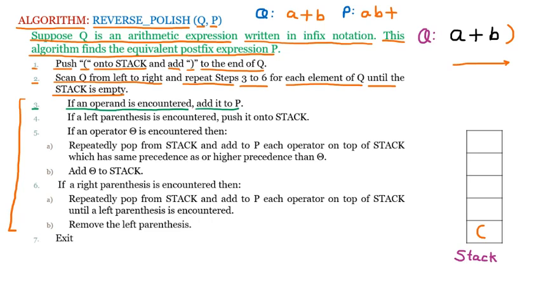So what is P? P is the postfix expression. Supposedly I am writing P here, that means my result of the postfix expression will come here. We are going to scan one by one, and whenever the postfix expression is made, it will be taken to this P. Now line number 3 says if an operand is encountered, add it to P. So the first thing we scan is A. So A is scanned here. Now this A is an operand. So we are directly putting the operand into the postfix expression. So it is directly coming here.